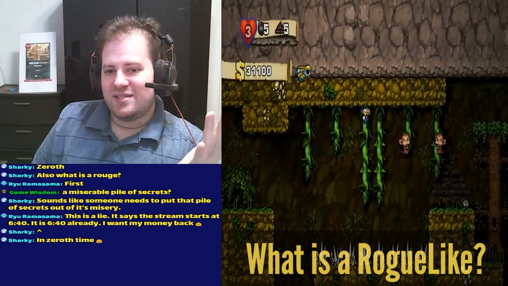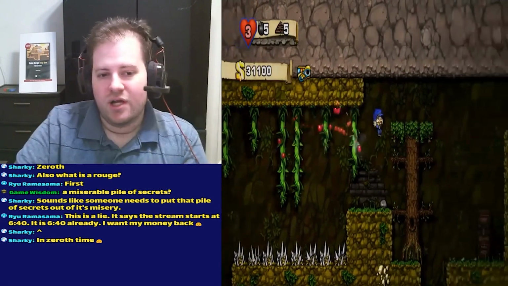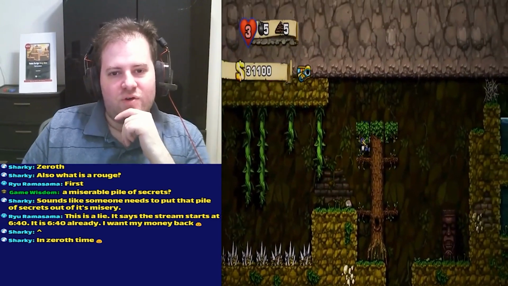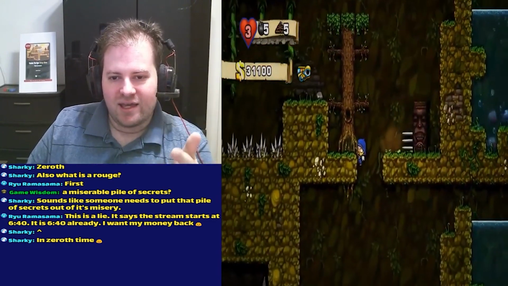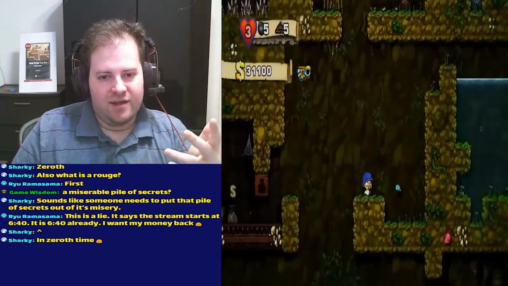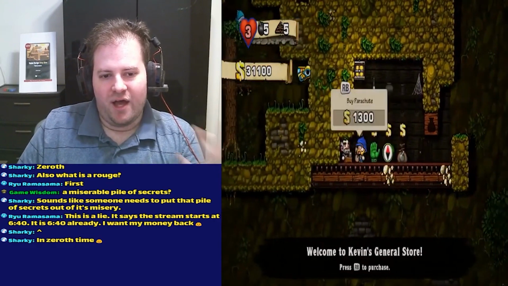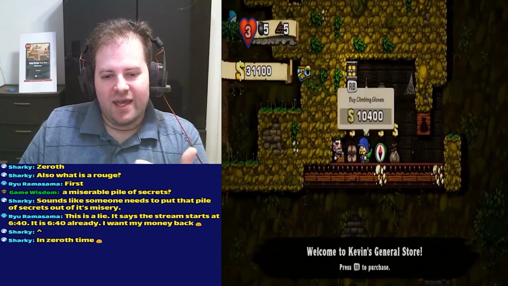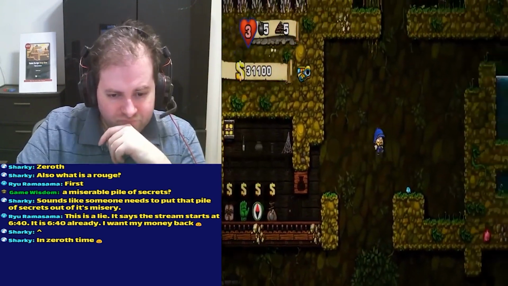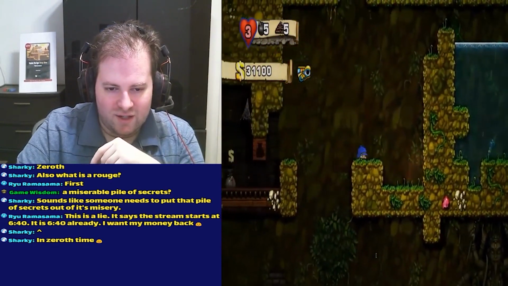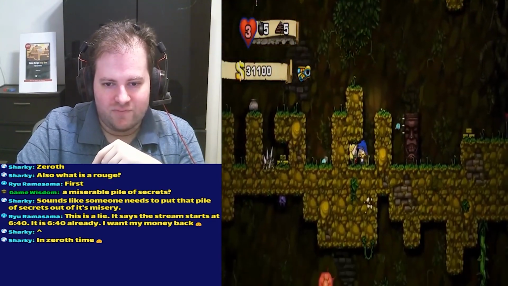And roguelike design has certainly come a long way since the origination or the beginning of the genre back in the early 80s with Rogue, which then transitioned to Hack and then NetHack. And it led to, I think, a very interesting discussion about what is a roguelike, as well as whether or not that term can be applied to a lot of games today. We'll go more into that topic probably in our final section for this piece.